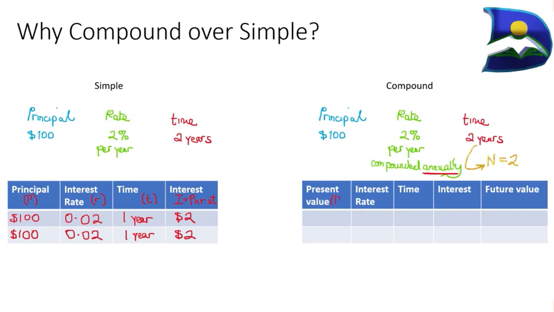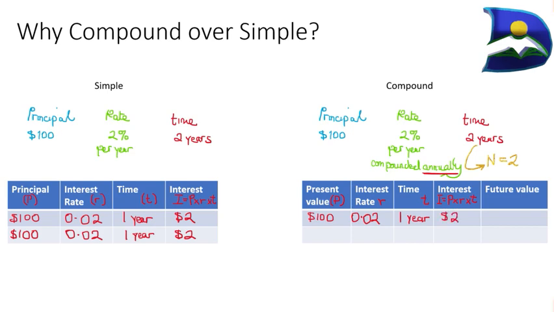Since we know the principal, the rate, and the time, and we want to find the interest, we multiply our first simple interest, which involves the principal, the rate, which is 0.02, and the time, which is after 1 year. We multiply all 3 together, and we get, in this case,